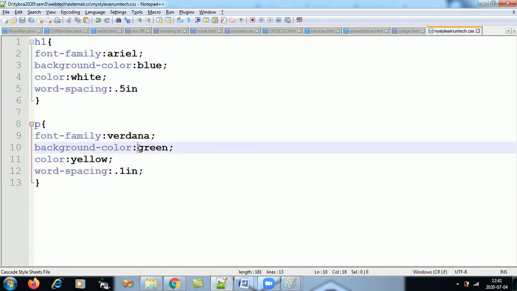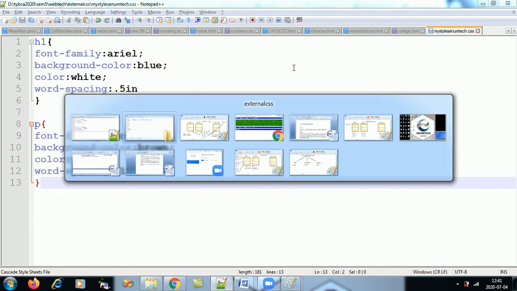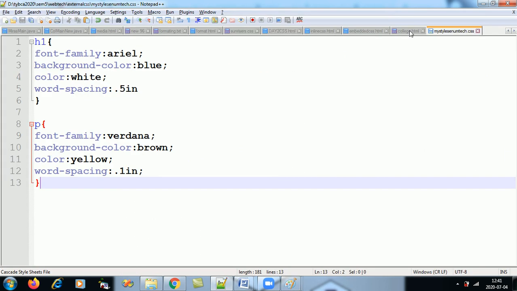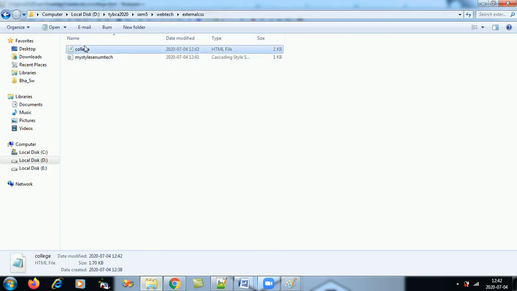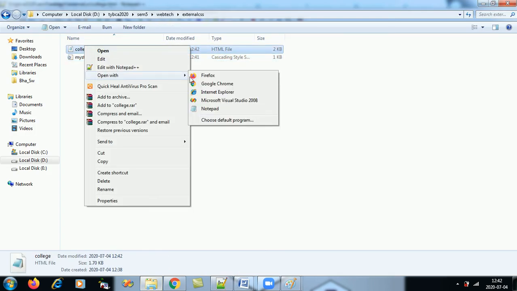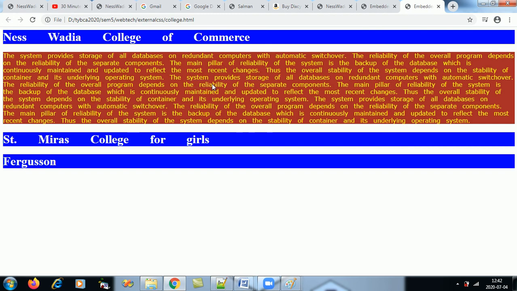Now let's change the color for the paragraph from green to brown. I've saved this, open it, and here you go. Clear?